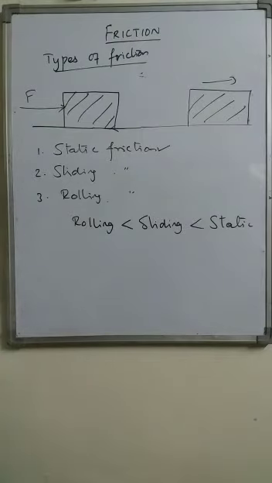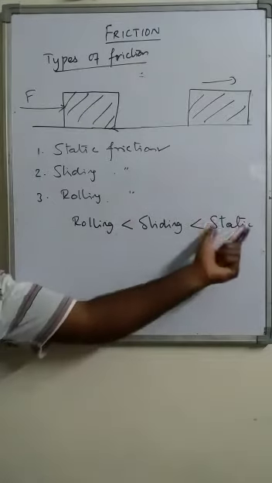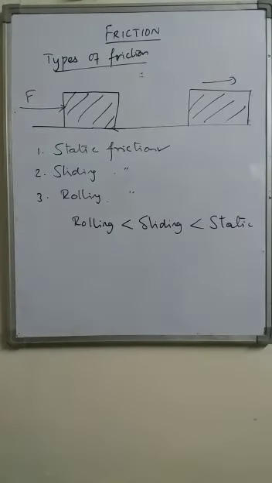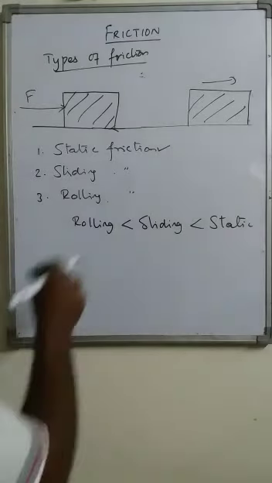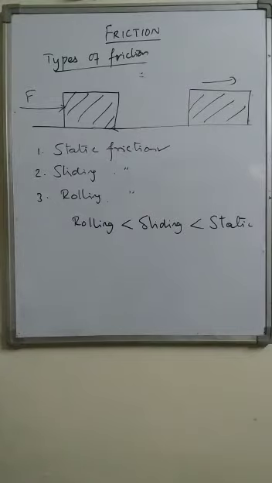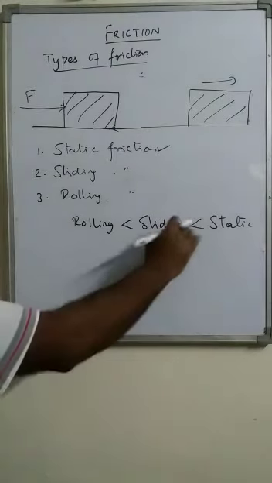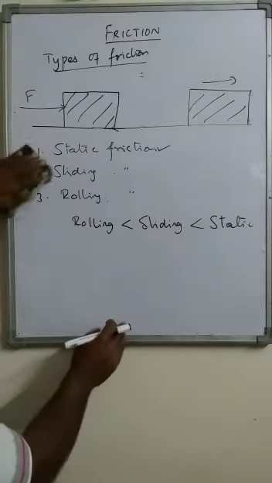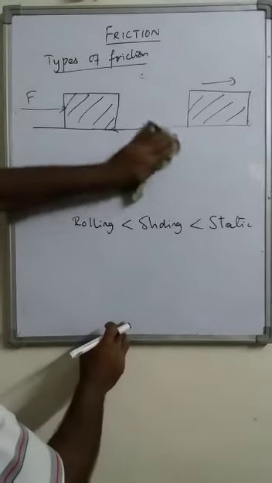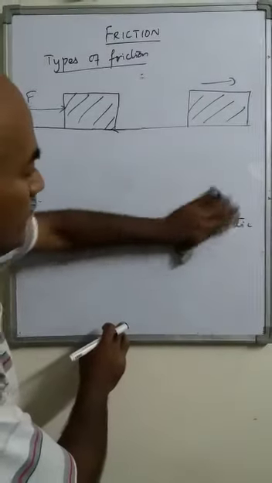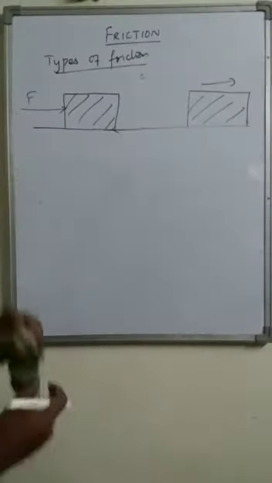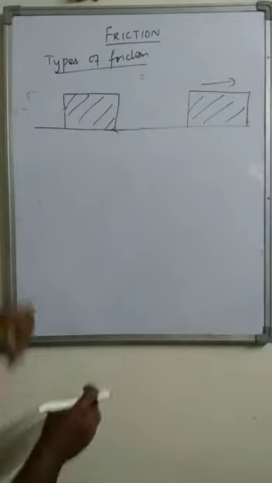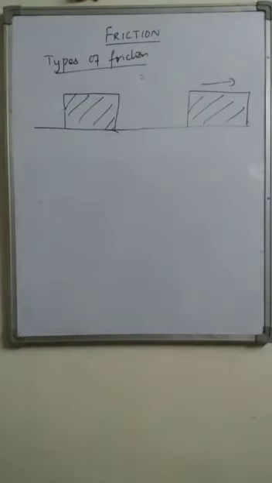Here we must discuss why static is highest and rolling is smallest. That is to be discussed. Now let us discuss the reason why static friction has the highest value. We take this example. Now you see, the block is placed on the surface at rest,